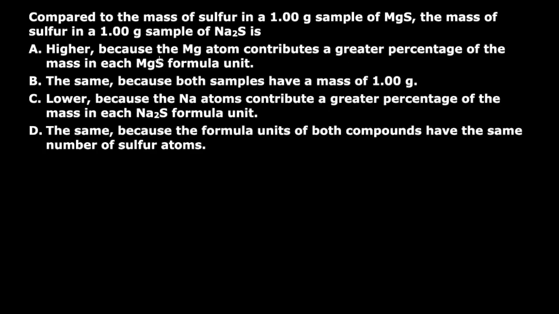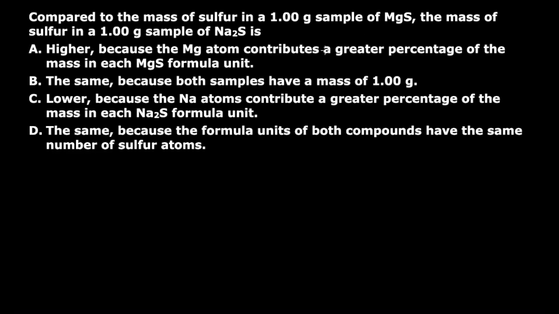So in this question, we want to compare the mass of sulfur in a 1 gram sample of MgS and the mass of sulfur in a 1 gram sample of Na2S. And so what we're going to do is go from grams to moles of each of these different samples. And then once we know the number of moles of each of these samples, we can go to moles of just the S atom in each of these samples. And then from there, we can figure out how many grams of S we have of each of these different